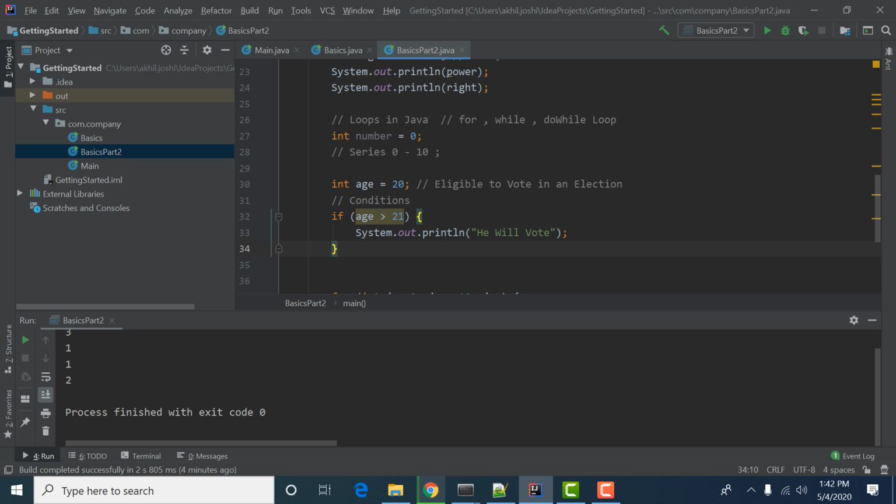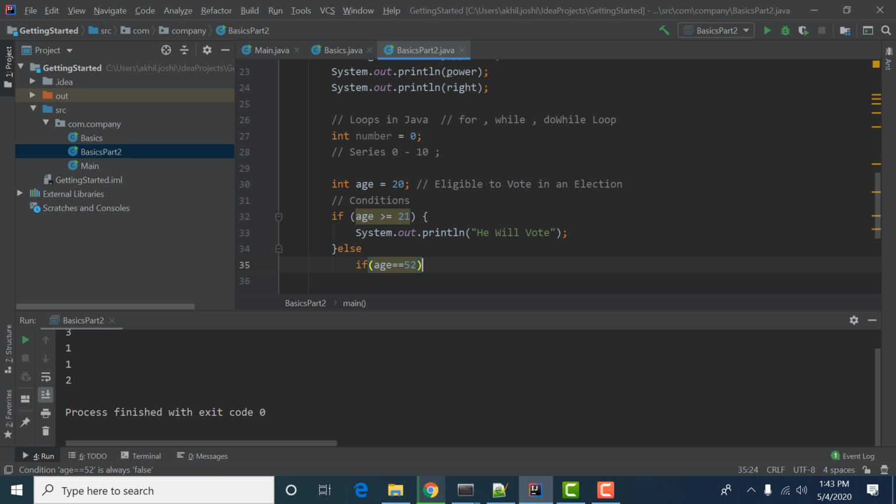Okay. So there are three types. Like if we say if the age is greater than or equal to 21, then a person will vote. Else if age is equal to, this is comparison.